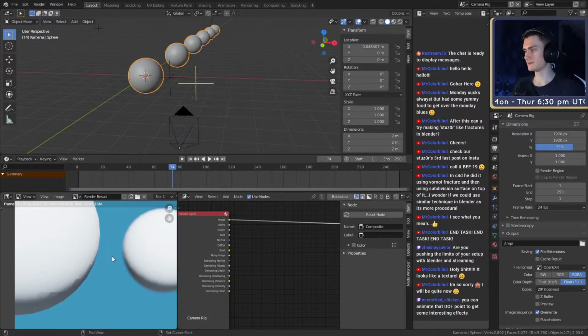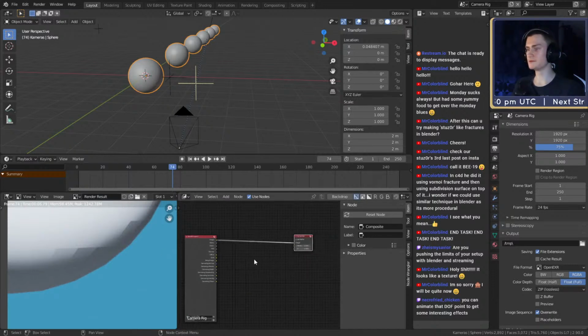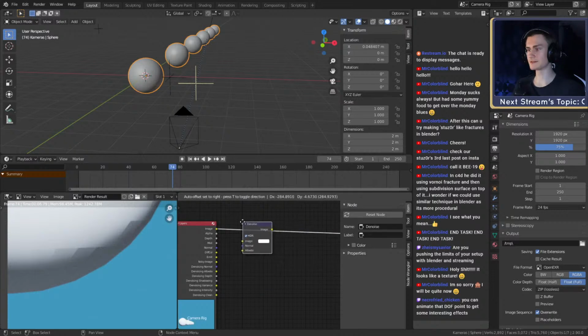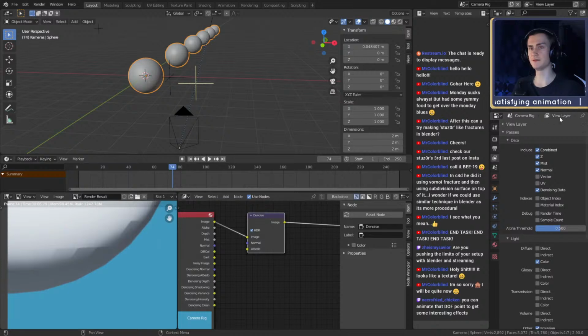You can see we have a little noise down there. If you want to reduce that noise, you can use a filter denoise, put in image into image. And then to get more of these options, we have to go to this tab, view layer. In there, you can tick denoising data. If we untick that, you can see we have less options right there.